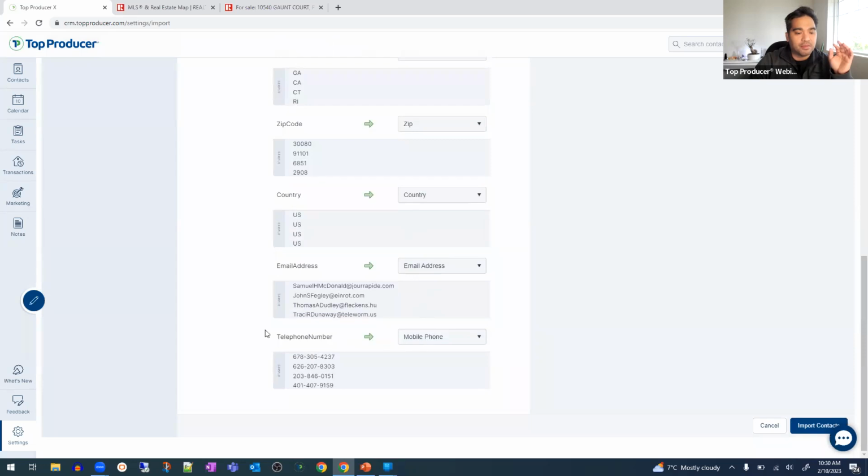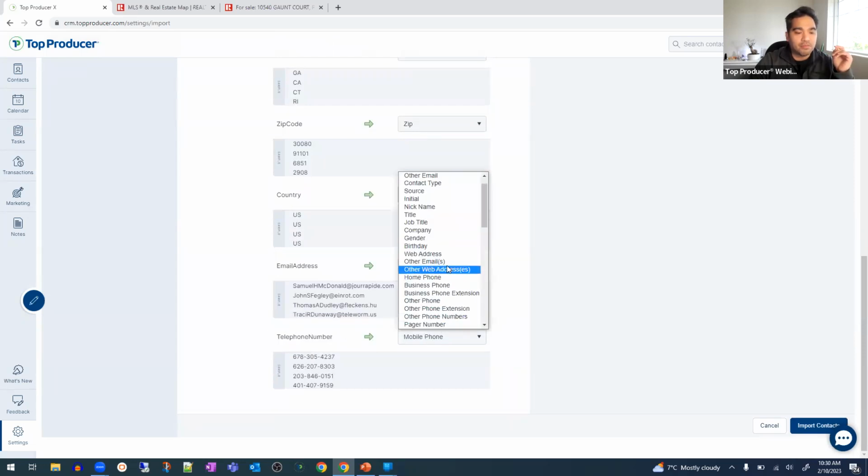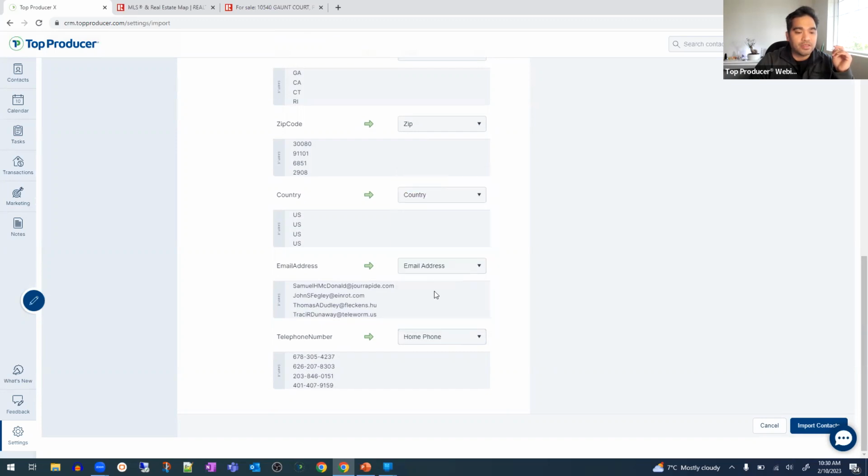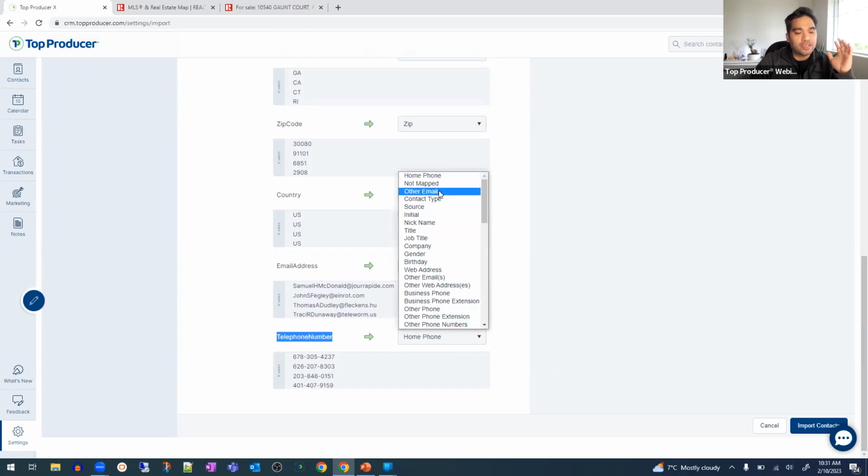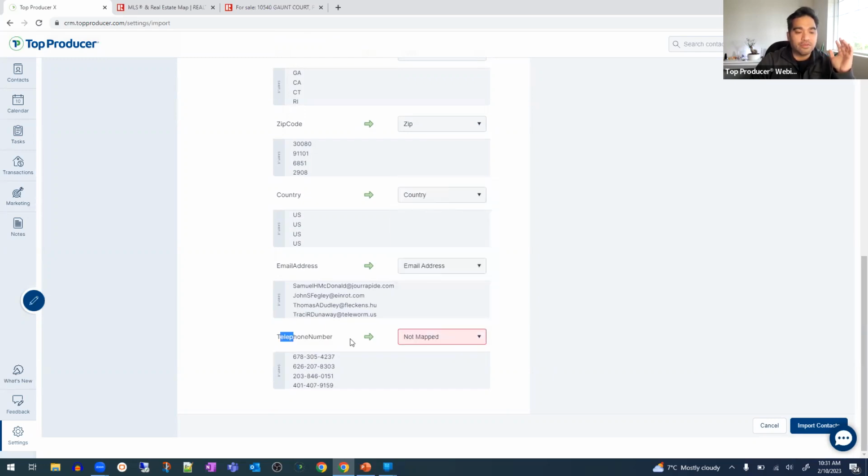So like let's say this telephone number here, it matched to mobile number. Maybe it's not mobile numbers. These are all their home phones, right? So you can just change that from the drop down, and then it'll match it to whatever you wanted to put in. If you don't need to import a specific column, right? Let's say you don't need their phone numbers for whatever reason, just select not mapped and it'll ignore that column